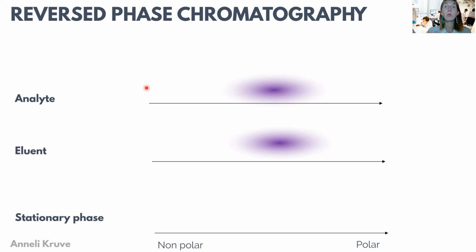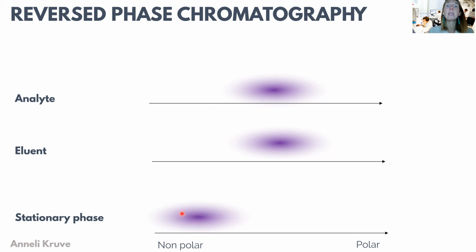The eluent is also of medium polarity. This means that we don't use pure water, which would be the most polar one, because then our compounds would just not elute from the column. And it's also not the most non-polar one, because our analytes simply are of medium polarity, and our analytes would need to dissolve in it. And also too non-polar eluents would have too high eluting power. So this means that the compounds would come out from the column too fast. But our